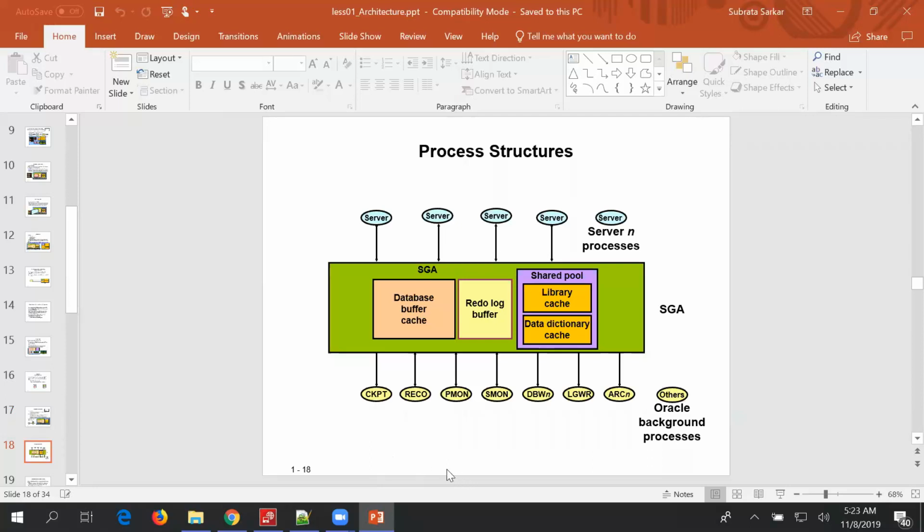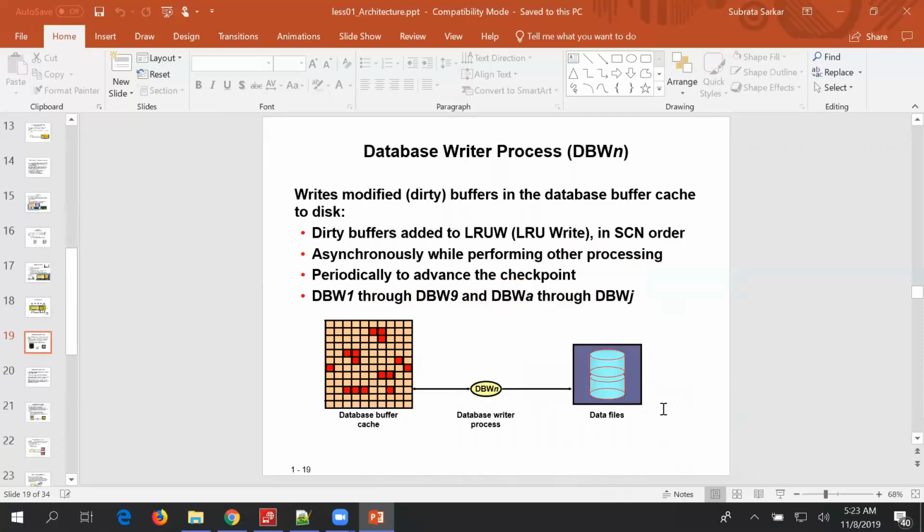One of the processes we talk about is the Oracle background process. Let's talk about Oracle background processes. DBWn writes modified dirty buffers in the database buffer cache to the disk. Dirty buffers are added to the LRU write list in SCN order, asynchronously while performing other processing, periodically to advance the checkpoint.